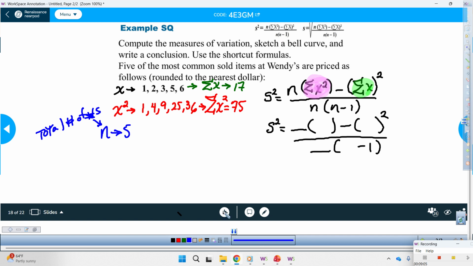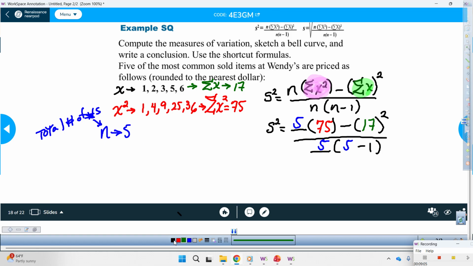We're still not there yet. All right, here we go. N is 5, 5, and 5. What is the sum of all x squares? The sum of all x squares was 75. What was the sum of all x's? 17. And the rest is